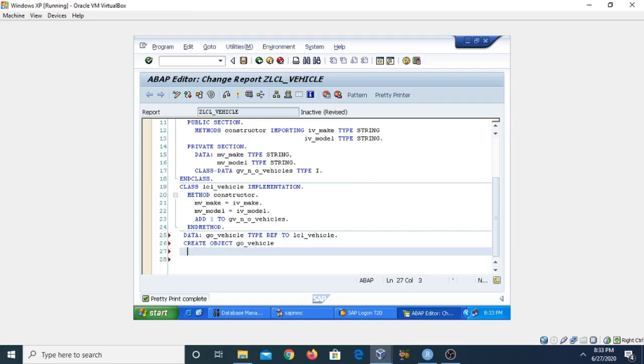Now if you need to pass the values, after the class, whatever we declare comes into the part of the main function. So if you want to pass the values of IV_make and IV_model, we take the exporting parameter IV_make equal to Ferrari.